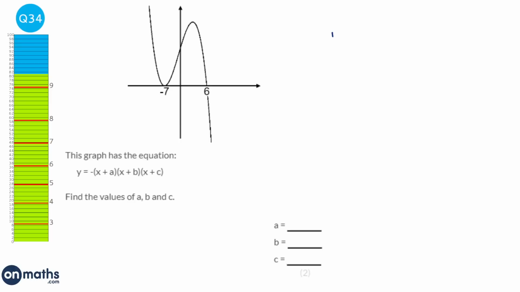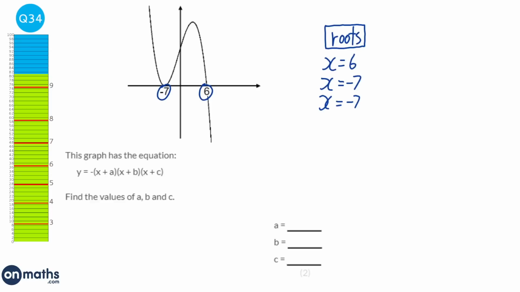Next thing we want to do is find the roots. So the roots are where the line crosses or touches the x-axis. So here we can see it touches it at 6, so when x equals 6. And here, now this is an interesting one, it actually touches it twice. It touches it at minus 7 the first time going down, and then it touches it at minus 7 going up. So there's technically 2 roots there. Sort of one root, but it counts twice because it's going down on one root and then up on the